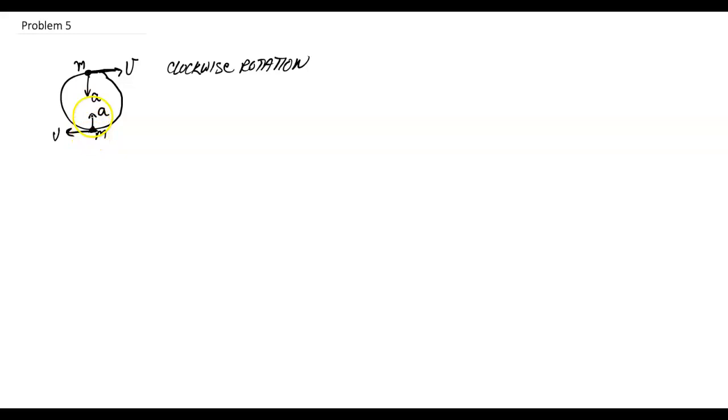The acceleration is still radial because we're going in circular motion, and the mass is still there. Assuming that the Ferris wheel has a radius r, then we know that the acceleration is v squared over r. And if we look at